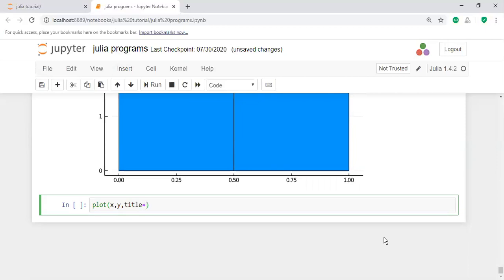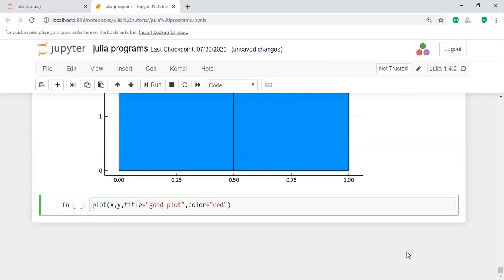The title equal to, for example, good plot. It's your wish, you may take any title here. And then color equal to, simply I'm taking the red color.